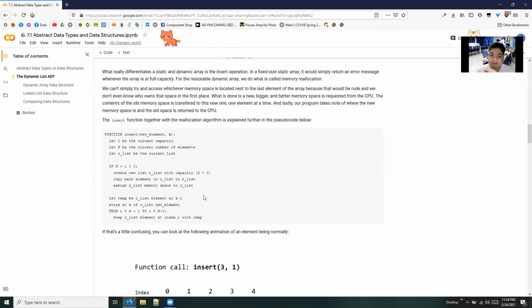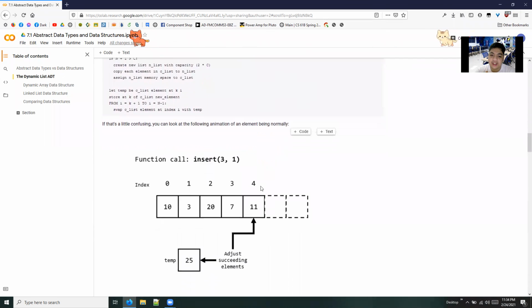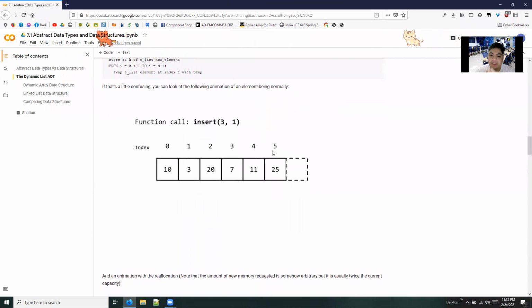Let's first see how the operation happens when we try to insert an element. The element that is placed at the index we want to place our new element first gets substituted out, and then basically the elements are shifted to the right this time.